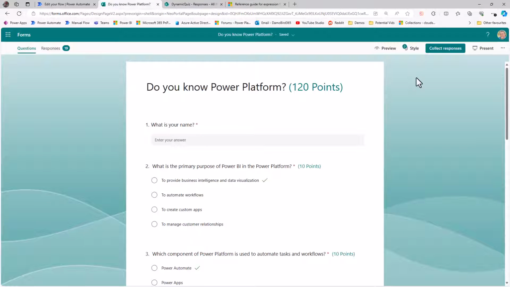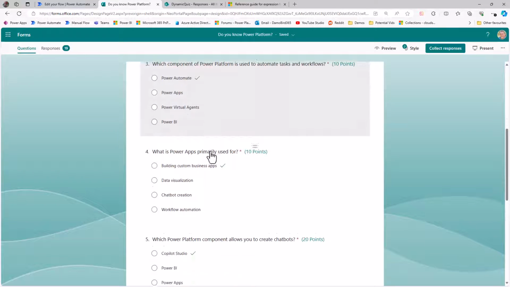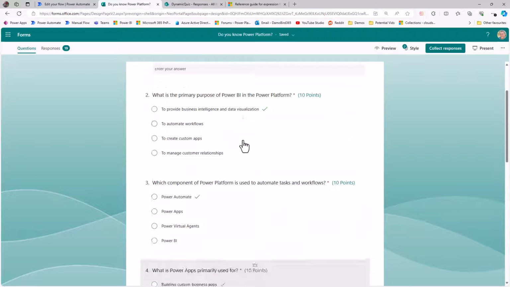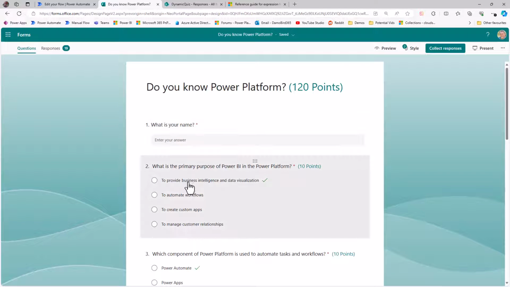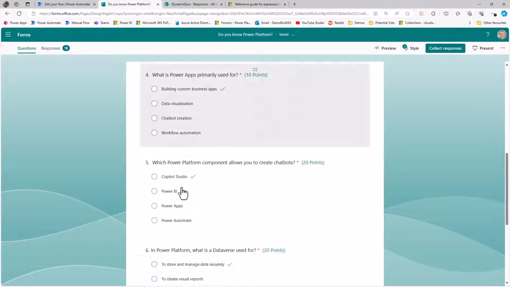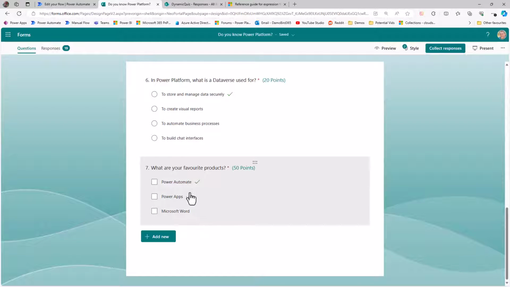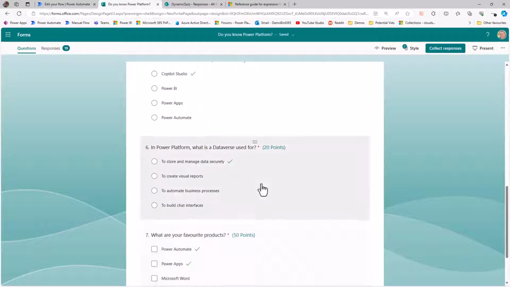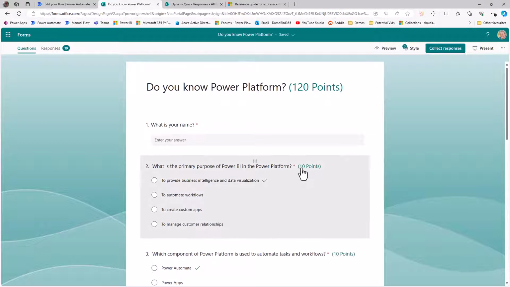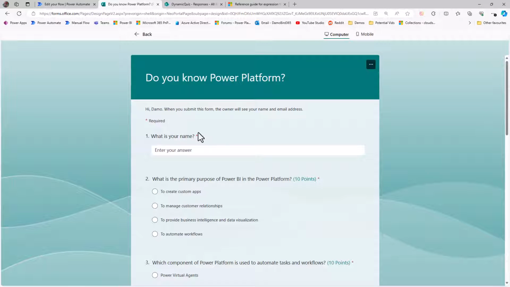jump across onto Microsoft Forms, I have a quiz, do you know Power Platform? So in that quiz we have a total of 7 questions, of which one of them is not a scored question, what is your name? And then we have either a single choice question, of which there are 5, or right at the very bottom I have a multi-choice question, and of course there's an added level of complexity in order to calculate the score of a multi-choice. I've also added different points to this quiz, and these points don't come through in Power Automate, but I'll also show you how to extend the flow to include points if that's something that you want to do also. So if I put this form into preview mode and complete the form, my name is Damo, and